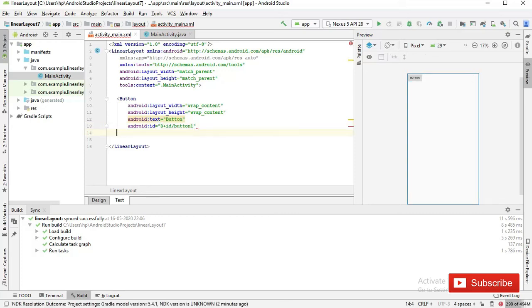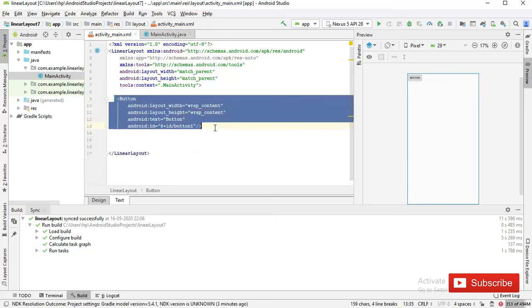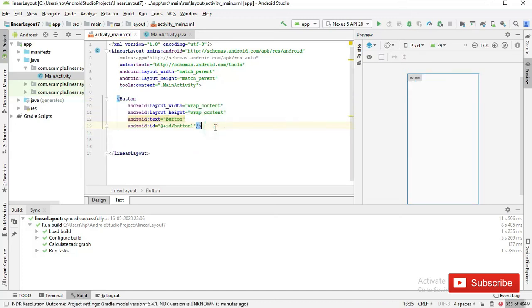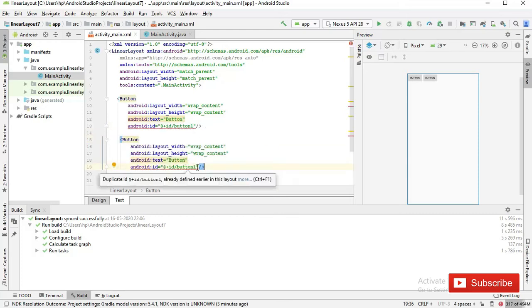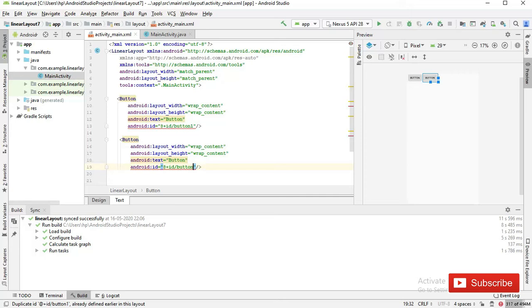And then close the button, and paste here for button 2. For button 2 only we change the ID to button2 and the text to button 2. This is our button 1. So you see we have two buttons in this linear layout.